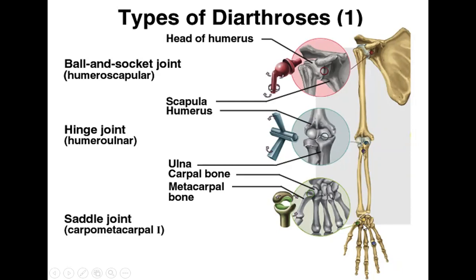This is called the saddle type of joint, the saddle joint. Okay, this is called the carpo-metacarpal joint. Here you can see this is the carpo. This is how the surfaces will be convex or concave. And here this is the hinge type of joint. This is the hinge which is present in your doors. So this is the hinge joint, and here is the saddle joint.